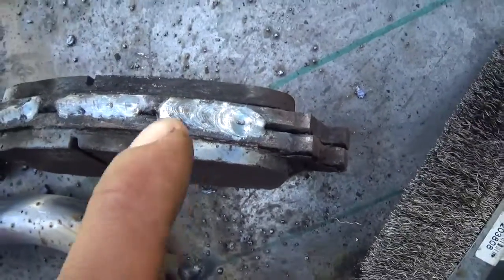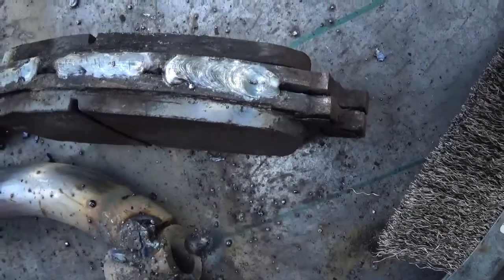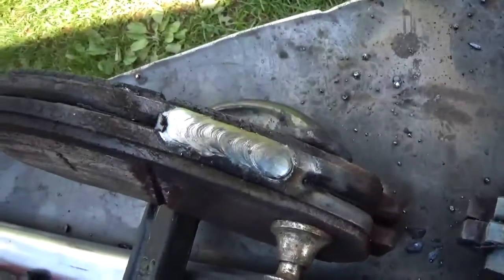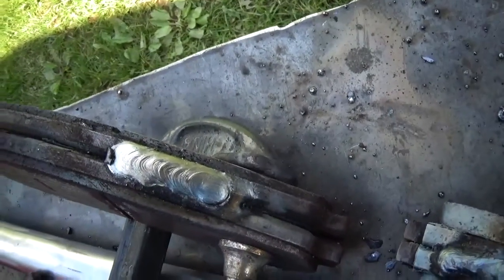I had a lot of splattering going on at 105 amps with the Hobart over here, but it did seem to do a better job at 105 than it did at 80 or 90, I'm sorry. And the Lincoln rod did really super nice. I mean, that is beautiful. It's a wide bead, but